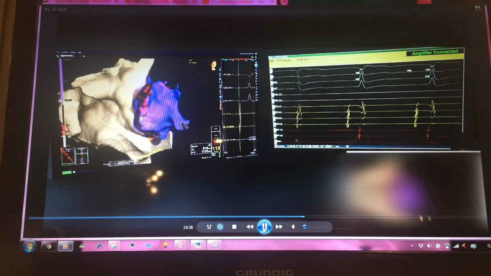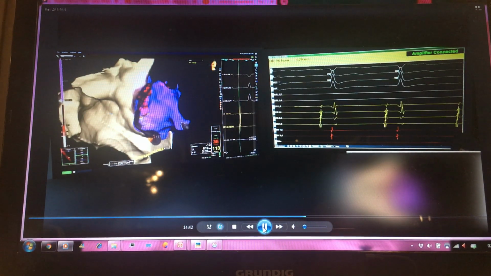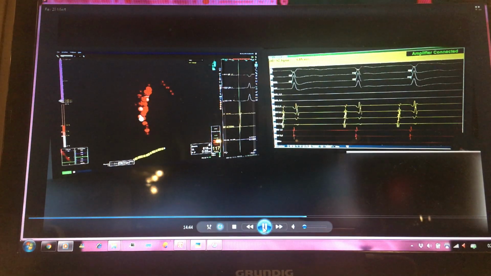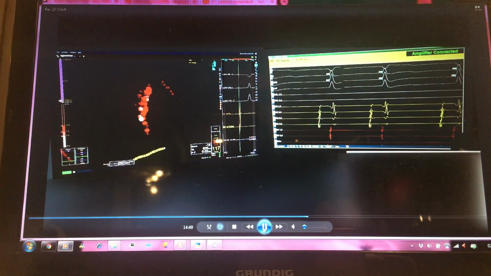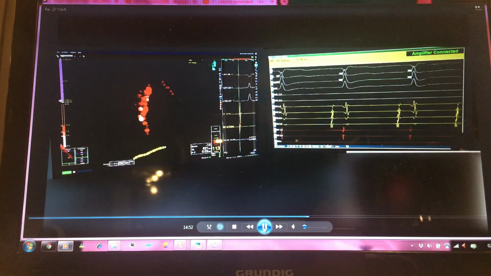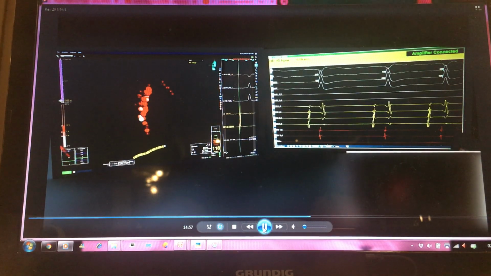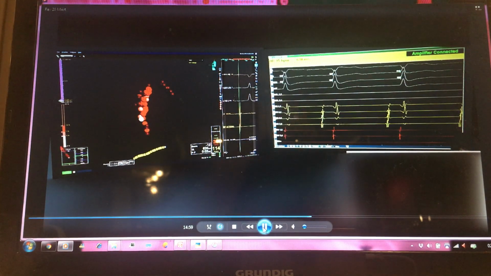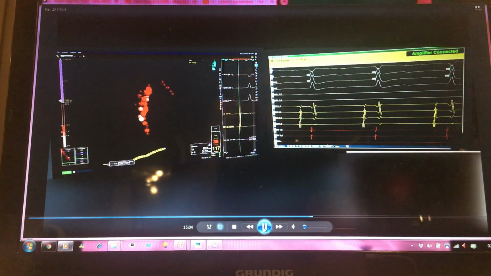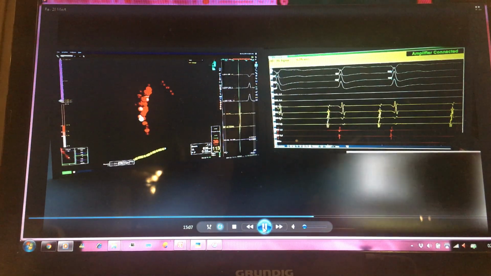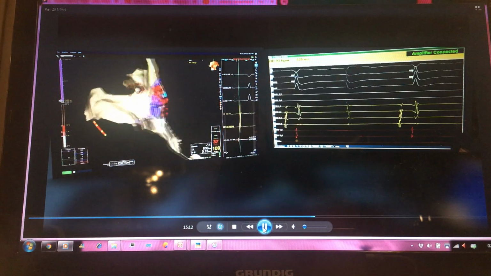around 99 BPM level. Now you can see the ablation lesion set. It's a typical lesion set for cardioneuroablation. Maybe we can think about whether we stop the procedure at this level, because heart rate increased from 60 BPM to 100 BPM, but